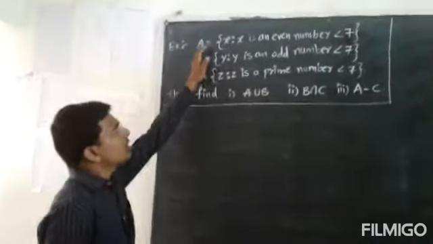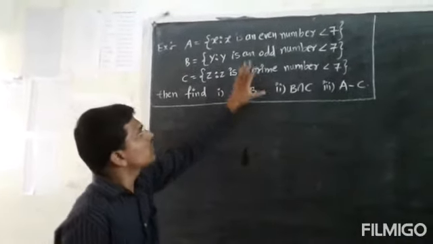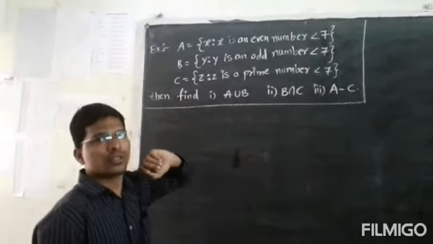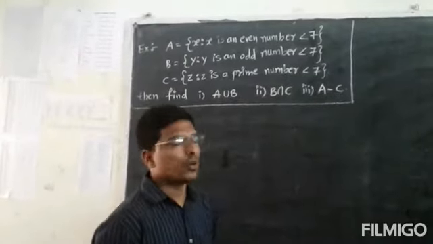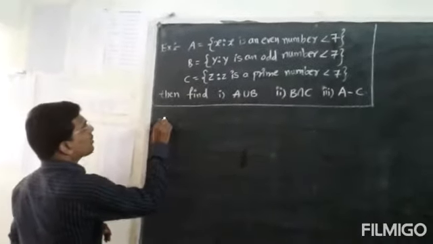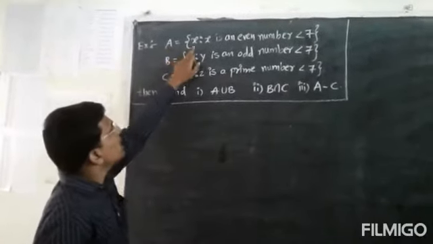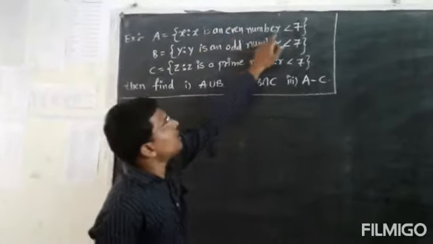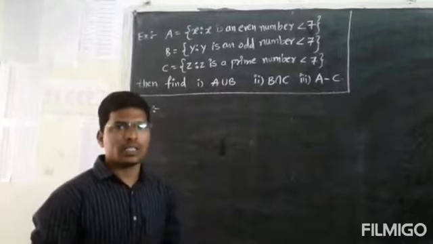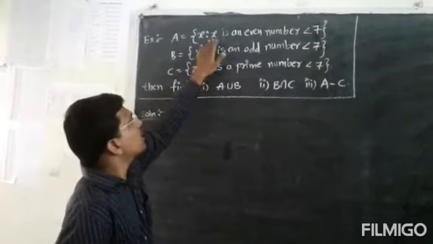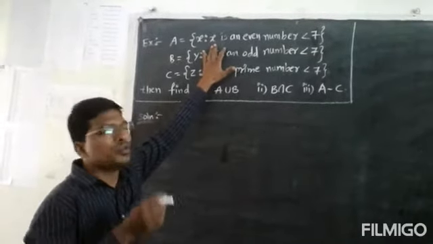Next, we have discussed up to difference of sets, union of sets, and intersection of sets. Such type of questions you will get for 4 marks questions based on 3 concepts: union, intersection, and difference of sets. Okay, so we'll try to solve one problem. A is equal to x such that x is an even number less than 7. In the previous example, they have given the elements directly, but here the elements are given in an indirect way. We have to understand the question and make it clear.